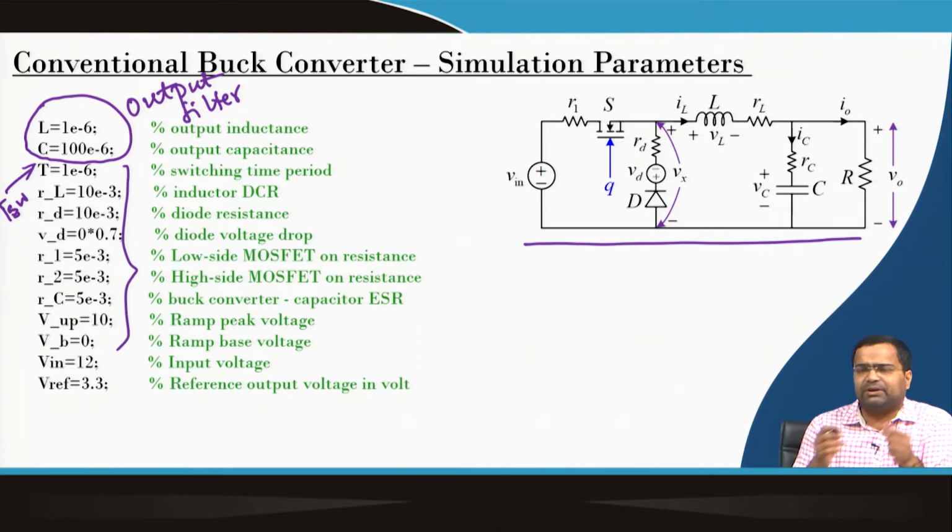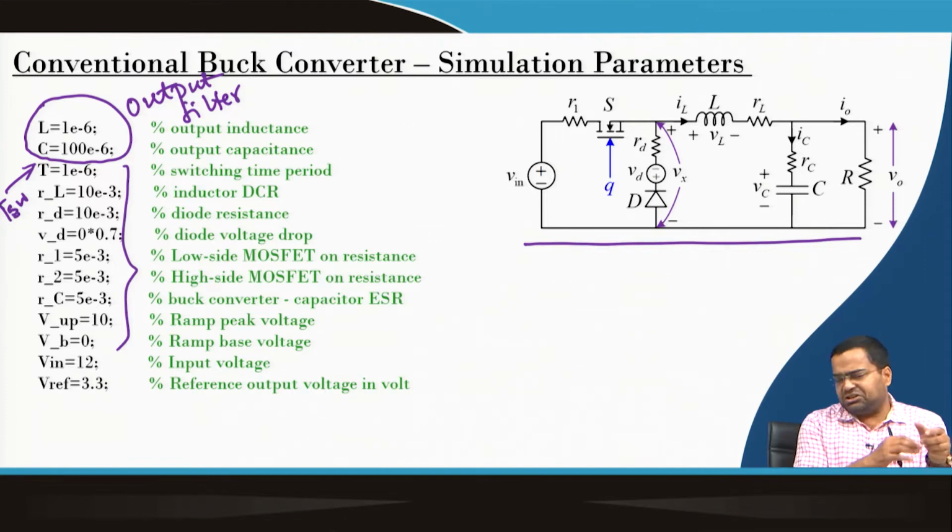These parameters we have to take from a data sheet. Here we have taken some values, but you can always pick those values from data sheet specifications, such as RDS on, and if you go to the data sheet of the inductor, the DCR of the inductor. We may not get the perfect values, but we can get an estimate of the parameters from the data sheet. Here we are using a set of data which you can change, and we are actually creating a .m file. Input voltage of 12 volt and output target voltage of 3.3 volt.